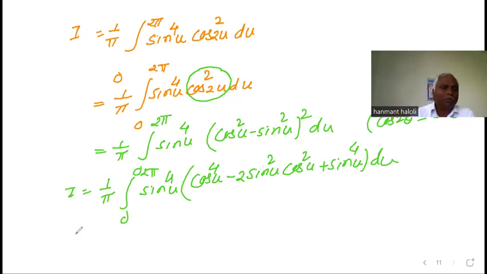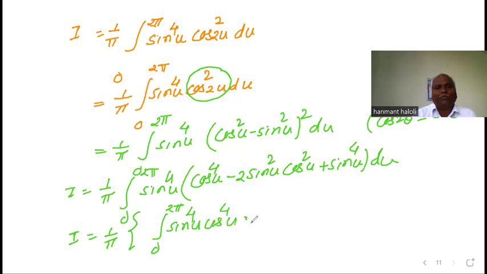Now you can split up these integrals into different integrands. 1 upon pi I'll keep outside. The remaining terms you can split like this: integral 0 to 2 pi of sin raised to 4u cos raised to 4u du, plus